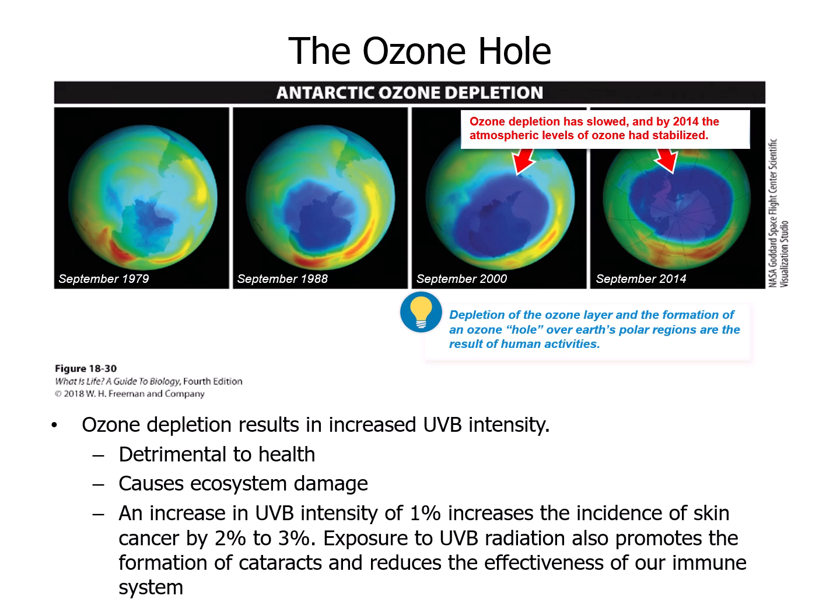Now, if we remove the ozone, then we open up all of life on Earth to some detrimental health effects. It can cause ecosystem damage, it can cause damage to animals, all kinds of things. It's this UVB intensity that can cause skin cancer. So by removing the ozone layer around the Earth, we are going to increase that risk of developing skin cancer. It can also cause problems with the eyes as well as your immune system. And this doesn't just go for humans, guys. This goes for pretty much every living thing on the planet. So this ozone layer is incredibly important.